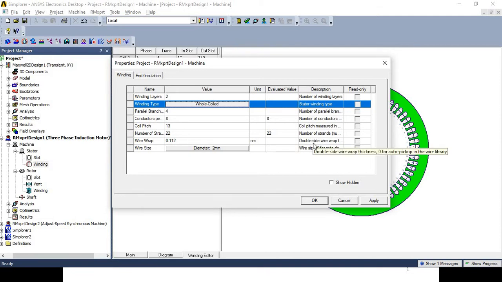Then wire wrap, the meaning of which is double side wire wrap thickness. Here we had selected 0.112 mm. But if you are unable to calculate this value, you can also select 0 for auto design.